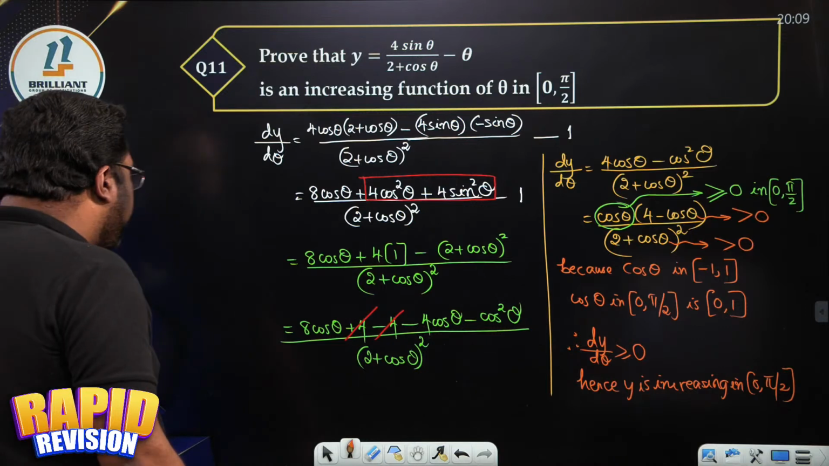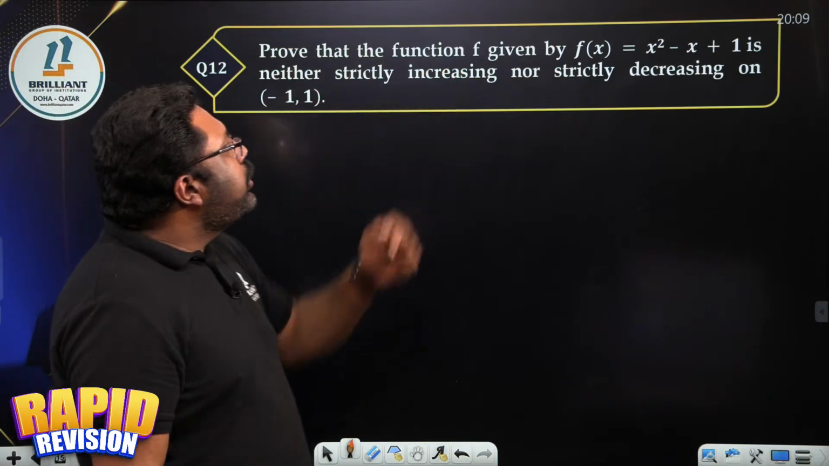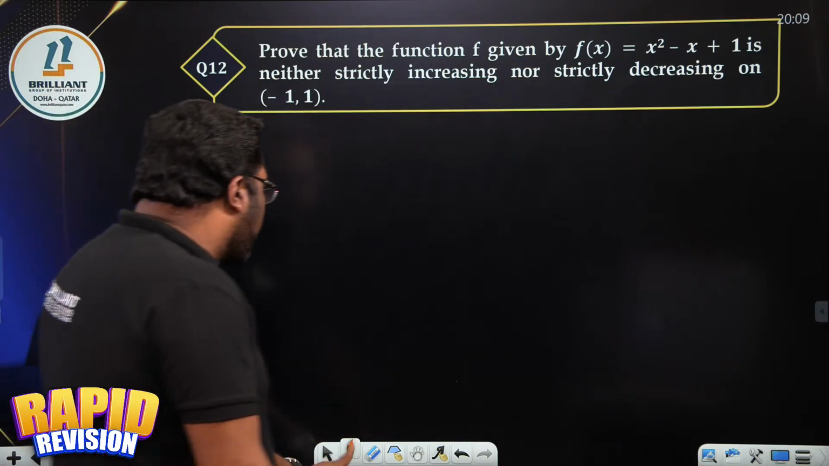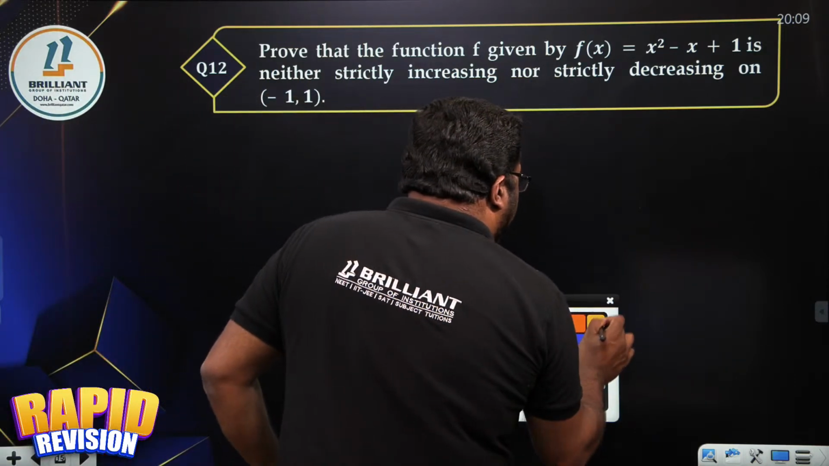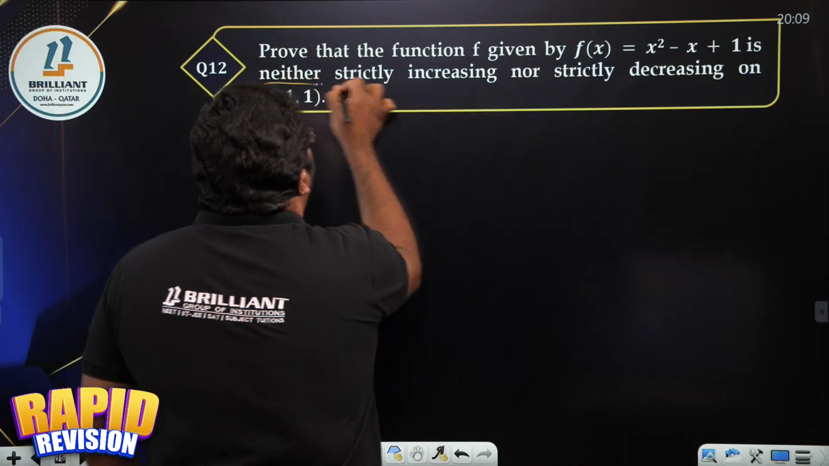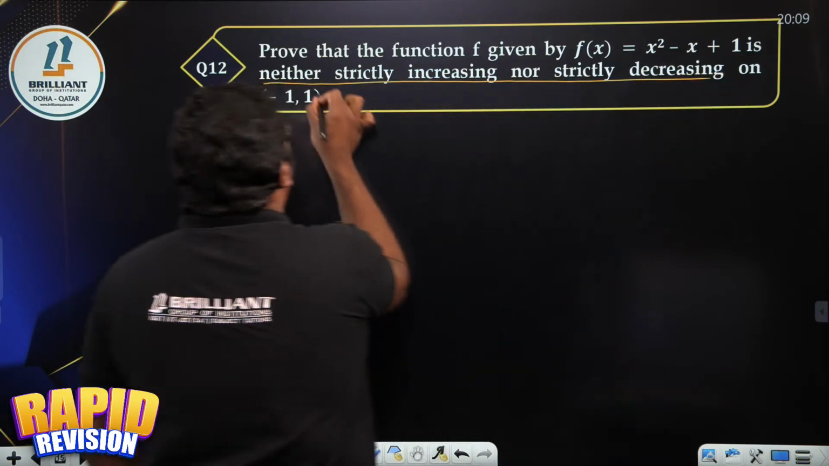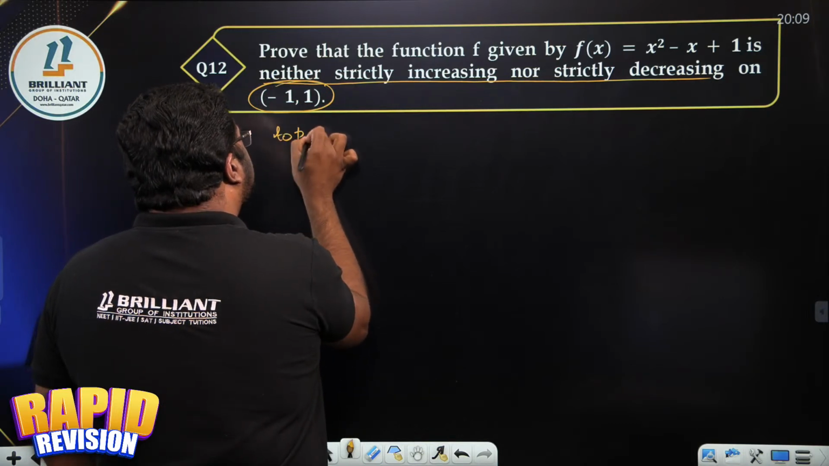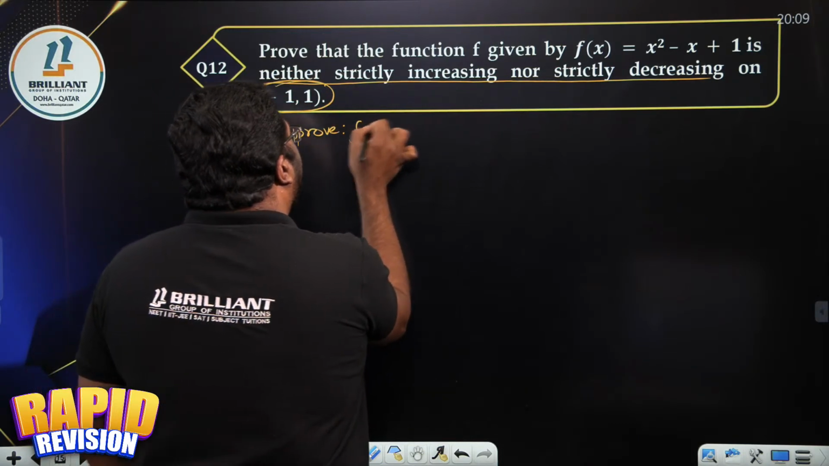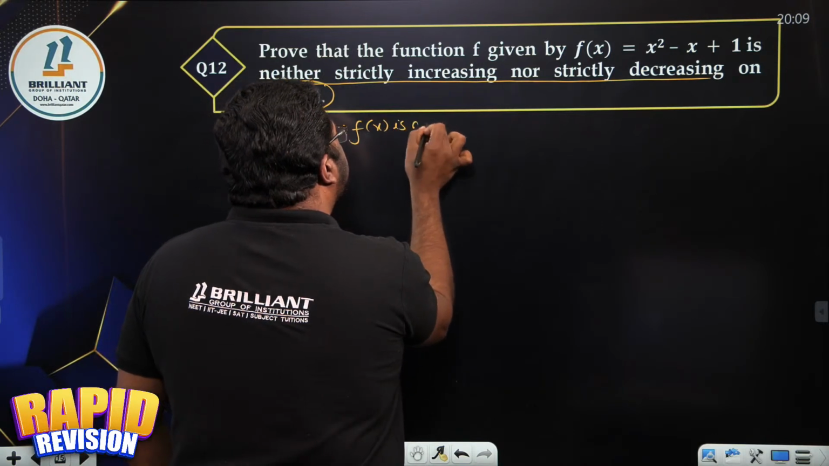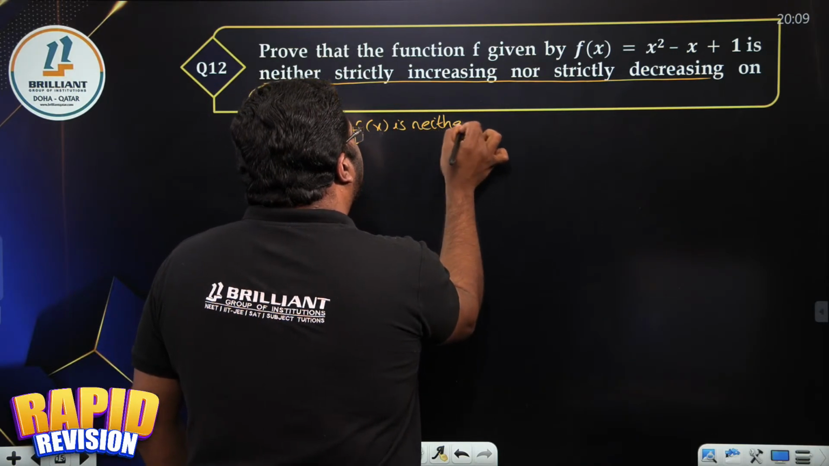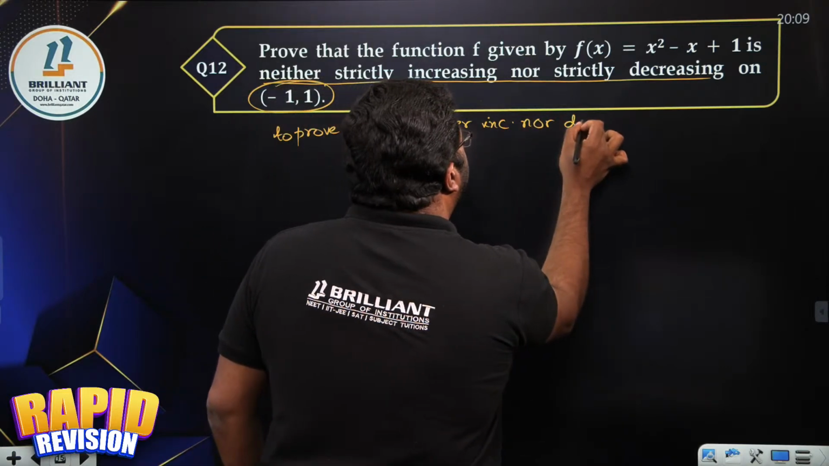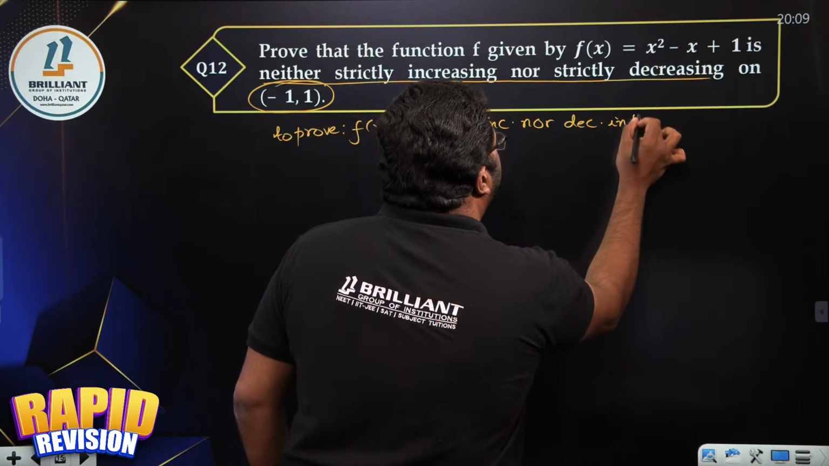Okay, next question please. Prove that the function is neither increasing nor decreasing. It's a 2-mark question. How do I prove that a particular function is neither increasing nor decreasing in its domain? To prove f of x is neither increasing nor decreasing in the domain,